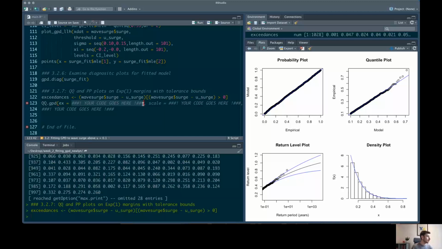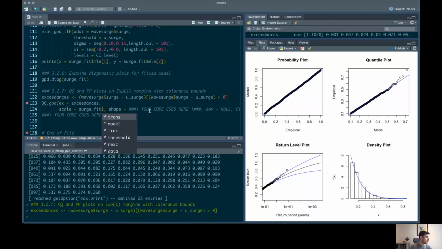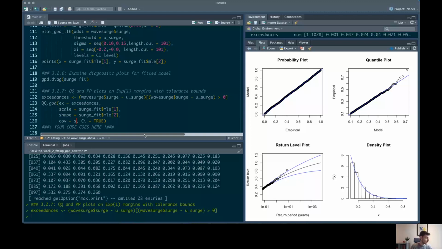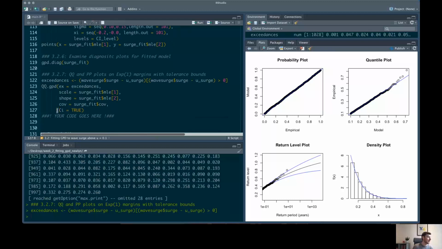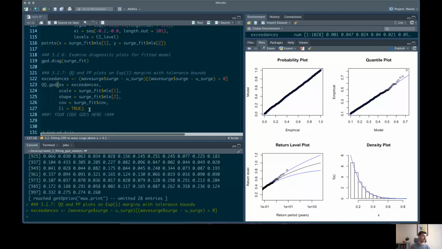So x equals exceedances, if I can spell it. The scale parameter, we need to put in our MLE for the GPD scale parameter here. So surge fit $MLE, and we want the first entry of that vector. For the shape parameter, we want the second element of that vector. So I'm just going to copy and paste here. We also require the covariance matrix, so not the correlation matrix that we did before, but something easier to get at. So surge fit again, take the list element that is called cov, and setting this CI or confidence interval input to be true so that we know we want to draw confidence intervals on here. So running this qq.gpd function,